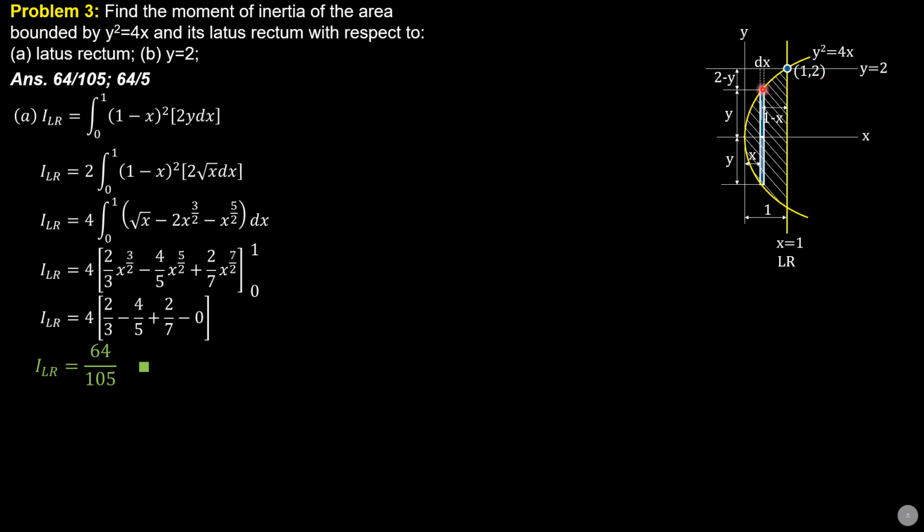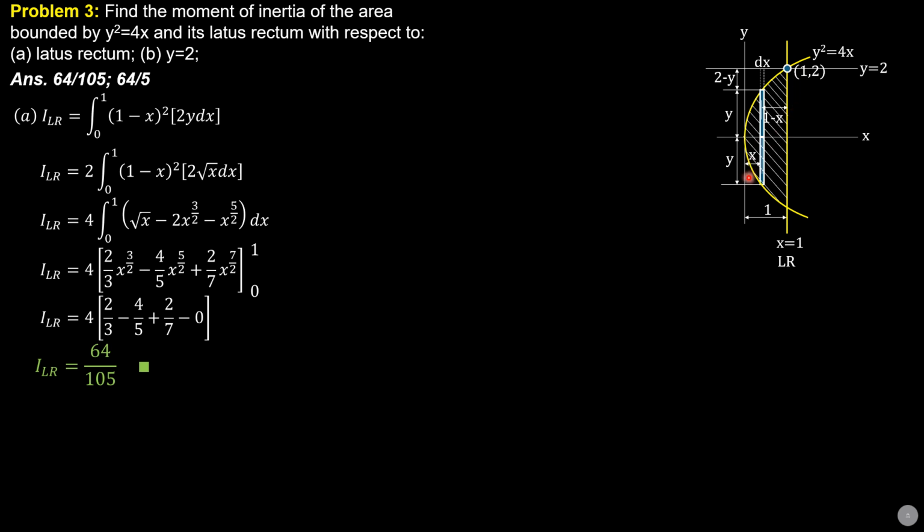So this is 2 minus y, because the distance of this line from the x-axis is 2 and this is y, so that's 2 minus y. Imagine that we have the moment of inertia of a rectangular area with respect to the base. The base happens to be y equals 2. So the height of this big strip here is 2 plus y.